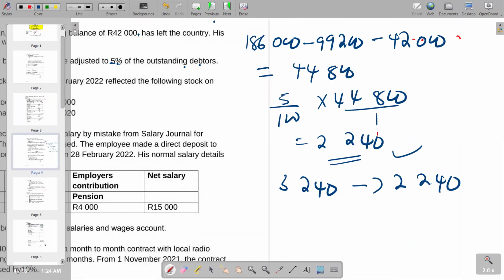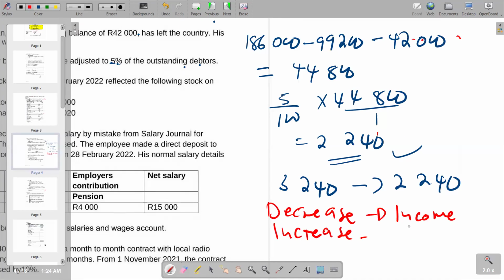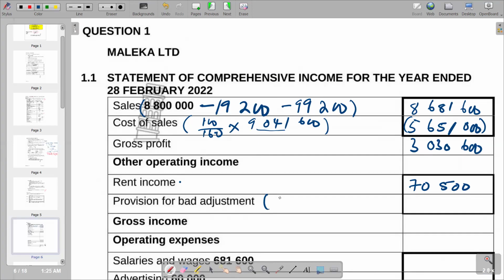So we see that this is a decrease. Its income, it becomes an expense, less expenses. So in this case, we've analyzed that it's a decrease of 3,240 minus 2,240. So we can just go and summarize that. In brackets, we're saying we subtract 2,240. And from there, you see that the answer that we are supposed to get is 70,500, so